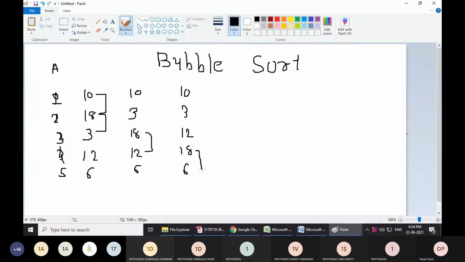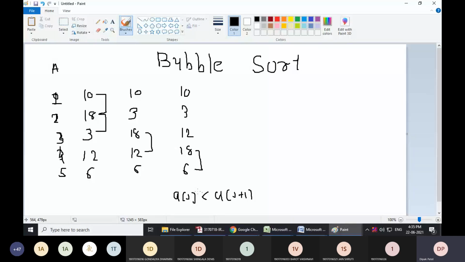Now it checks the fourth and fifth element. It checks whether A of J is less than A of J plus 1. If this is the case, then no need to perform swapping.